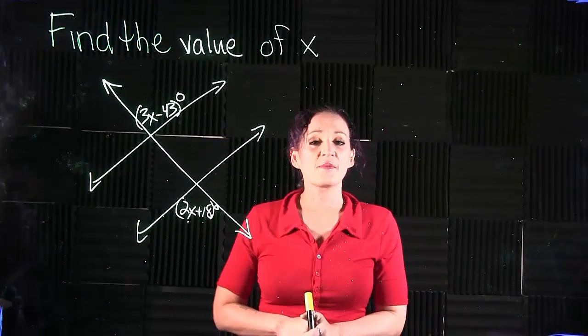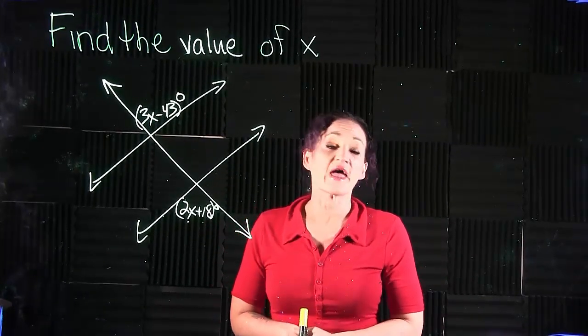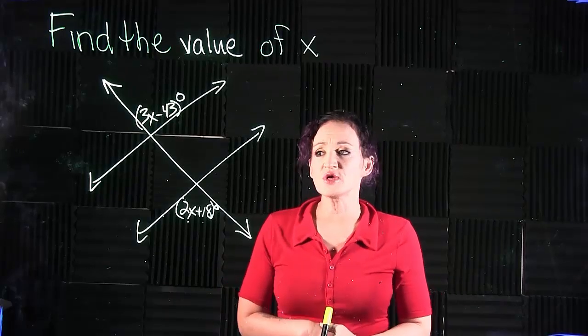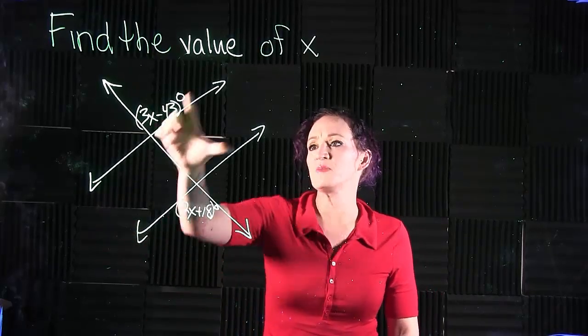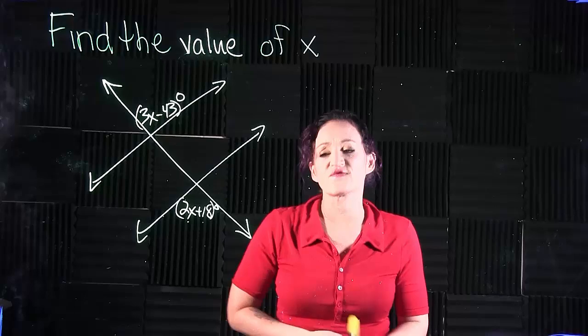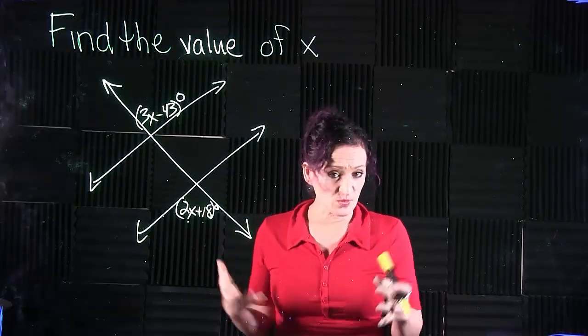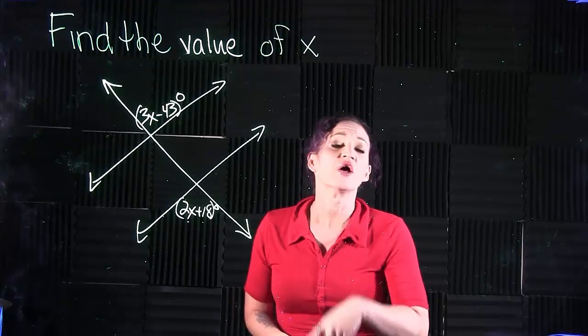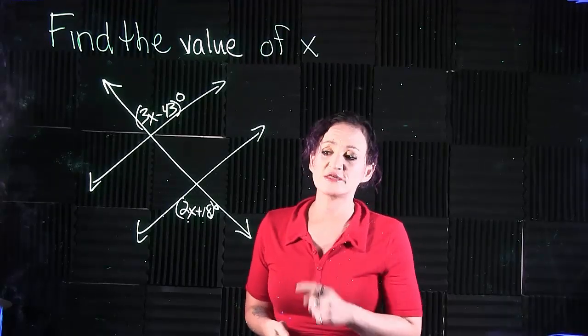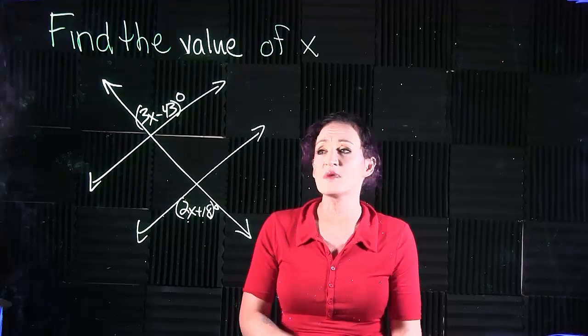We're going to take a look at this problem and find the value of x. The situation we're looking at is two parallel lines with a transversal running through them. When we have that situation, there are some relationships formed from this. The two relationships we need to be aware of in order to solve this problem, the first one